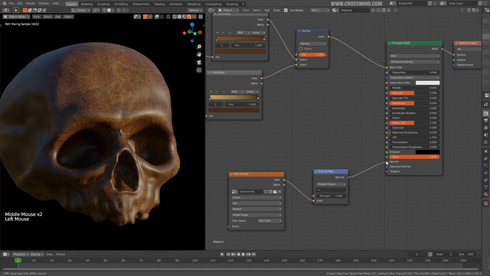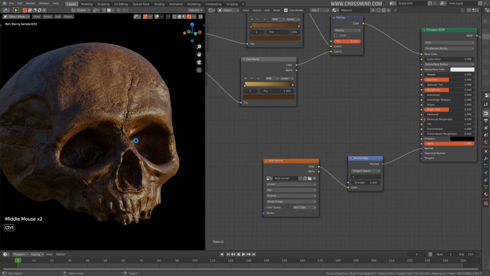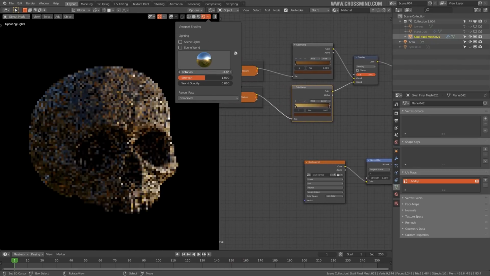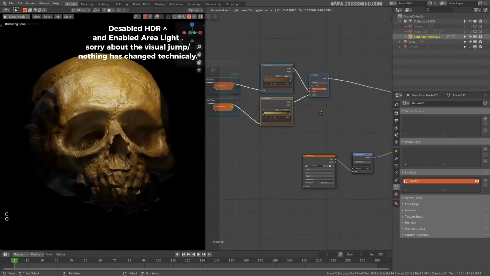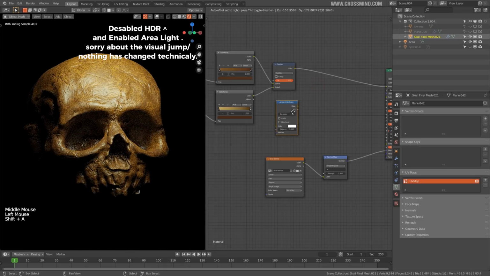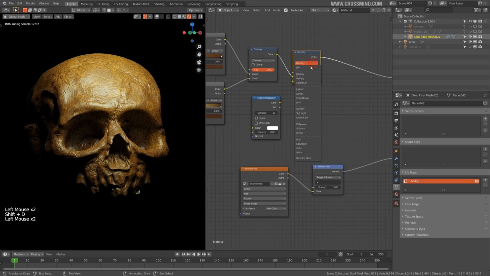And let's enable our normal map again. Yeah, this is fine. So right now this texture looks kind of flat. I mean, it doesn't have any ambient occlusion. So for that, we can just bring one ambient occlusion over here. Multiply this one